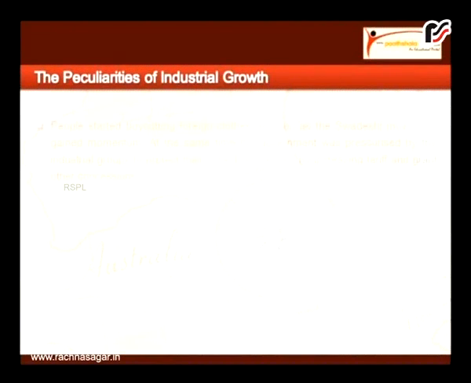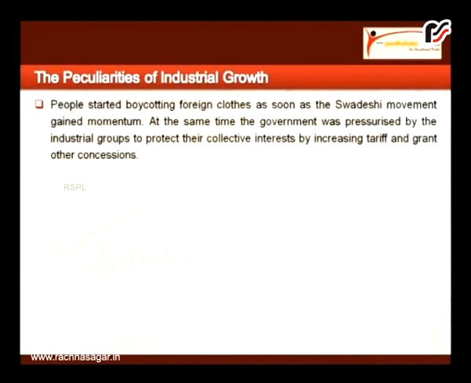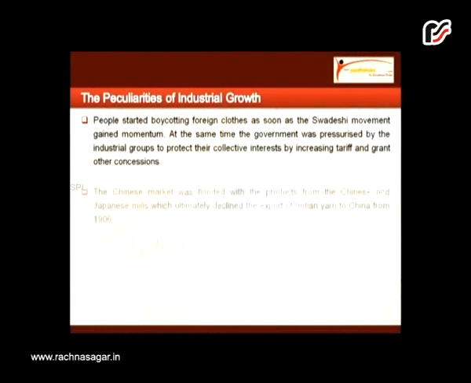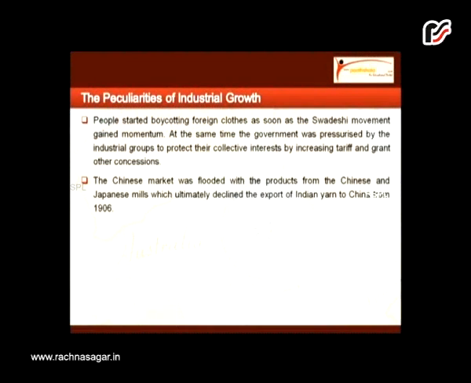The peculiarities of industrial growth. A series of changes affected the patterns of industrialization in India by the first decade of the 20th century. People started boycotting foreign goods as soon as the Swadeshi movement gained momentum. At the same time, the government was pressurized by the industrial groups to protect their collective interests by increasing tariff